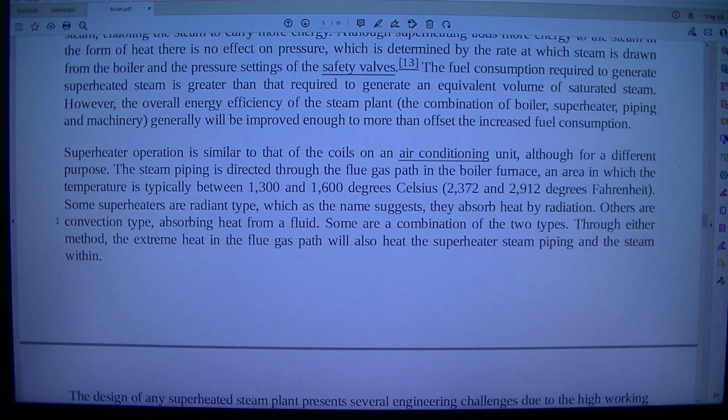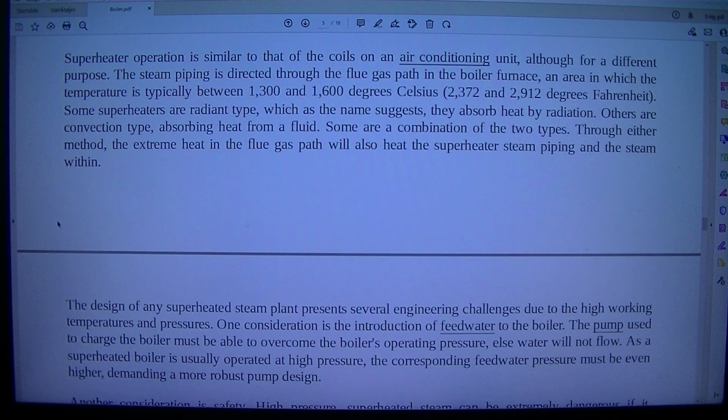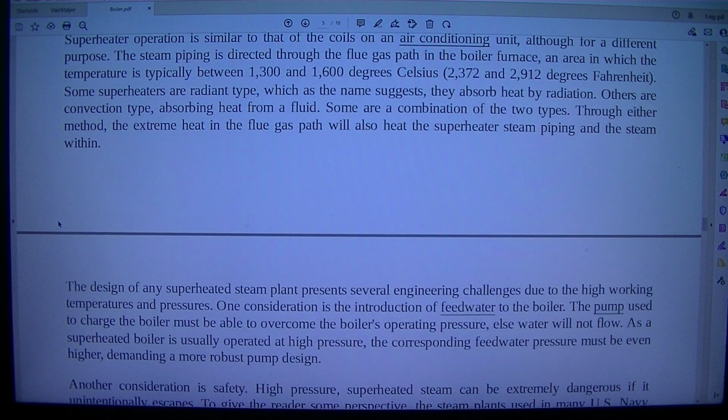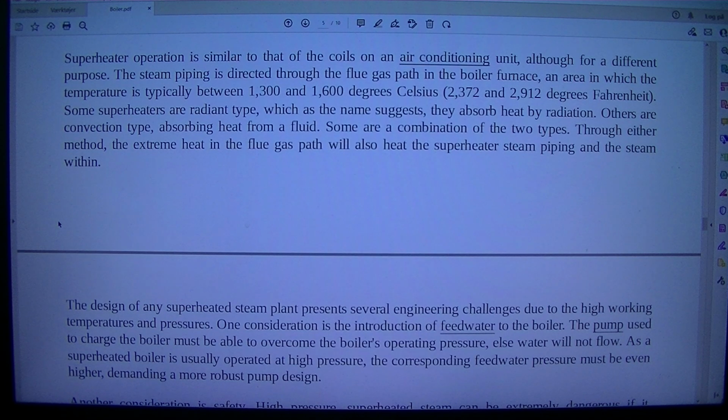Superheater operation is similar to that of the coils on an air conditioning unit, although for a different purpose. The steam piping is directed through the flue gas path in the boiler furnace, an area in which the temperature is typically between 1300 and 1600 degrees Celsius, 2372 and 2912 degrees Fahrenheit. Some superheaters are radiant type, which as the name suggests, absorb heat by radiation. Others are convection type, absorbing